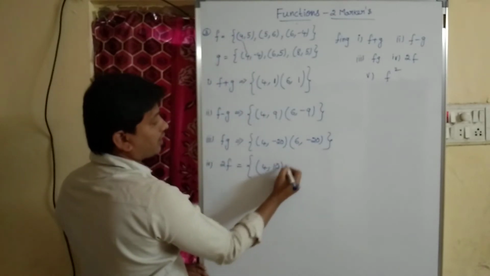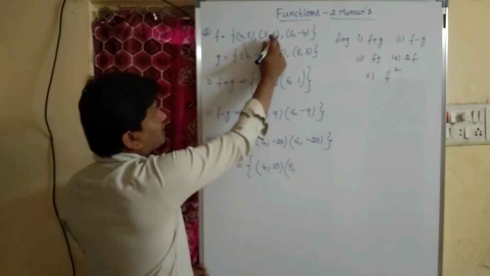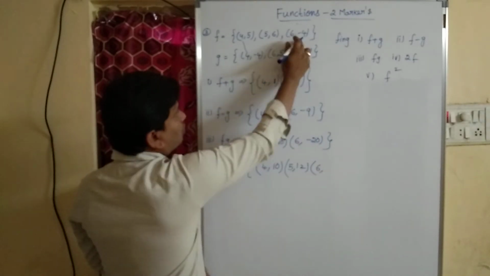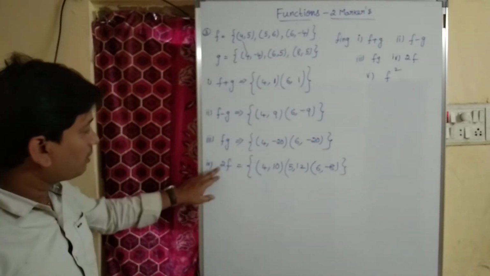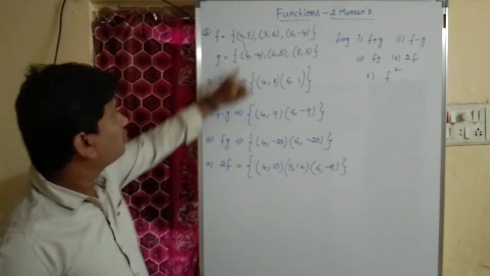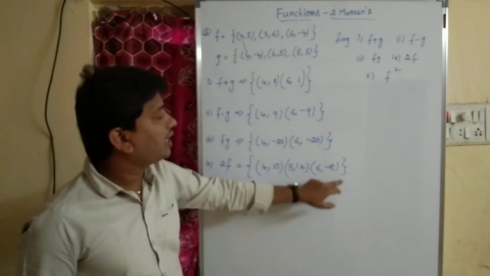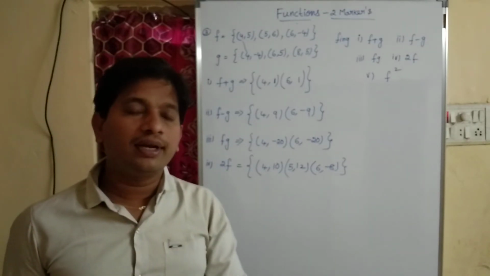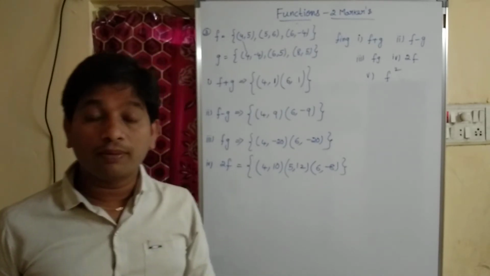2 5s are 10. Next 5 comma 2 into 6, 2 6s are 12. Next domain as it is, 6 comma 2 into minus 4, 2 4s are 8. Children, did you understand what to do? We should multiply this 2 to the range, I mean the codomain only. 2 into 5 is 10, 2 into 6 is 12, 2 into minus 4 is 8. We should not touch the domain at all. Domain as it is. Then whatever the operation is, that should be performed over the codomain only.